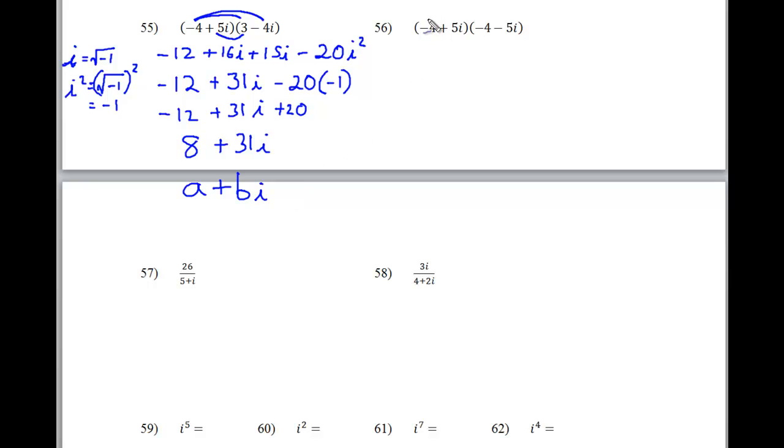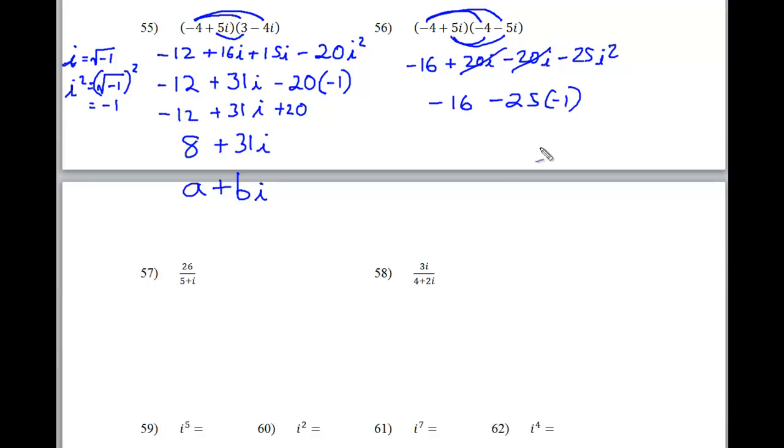This is going to be two problems where they look the same except for this middle term is a plus and a minus. So this gives me negative 16. This here gives me positive 20i. This gives me negative 20i. And this gives me negative 25i squared. Which means that these two simplify to 0, so I got negative 16 minus 25i squared. i squared is negative 1 always, so this is negative 16 plus 25, since we have negative times a negative is positive, and so my answer is,